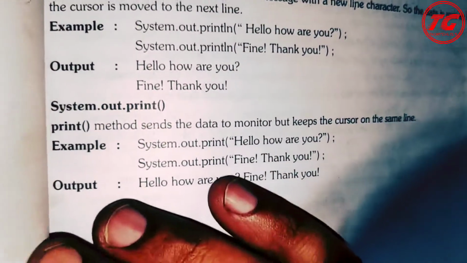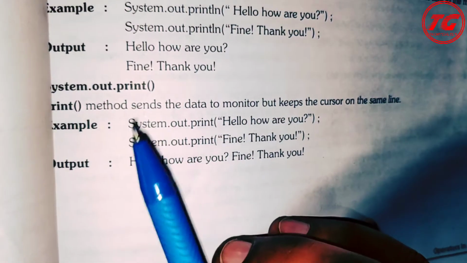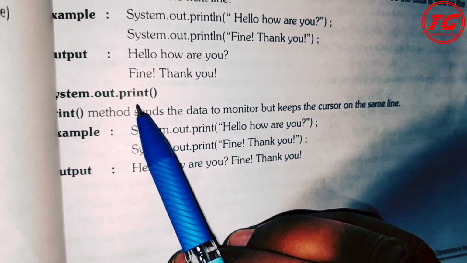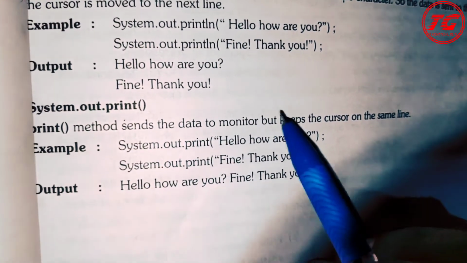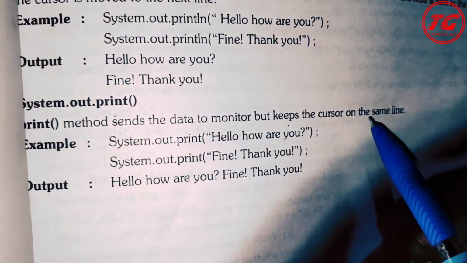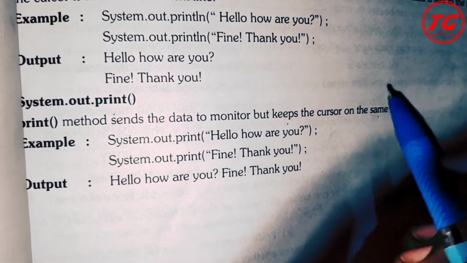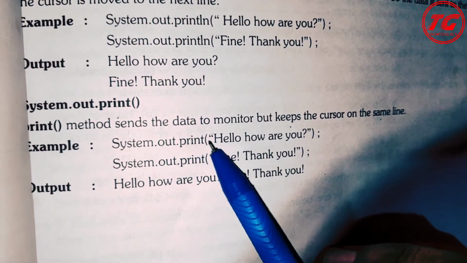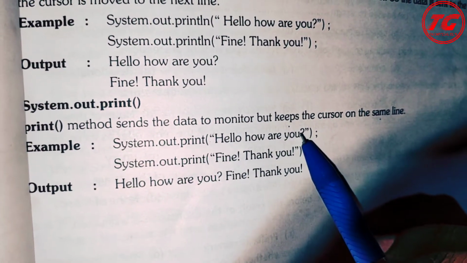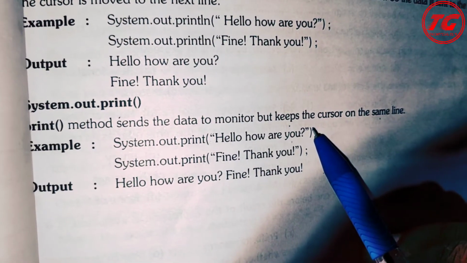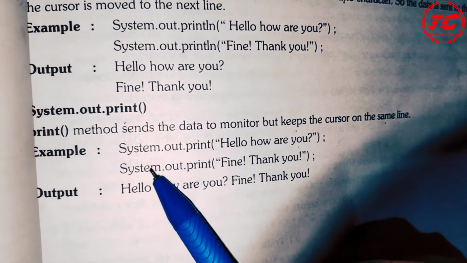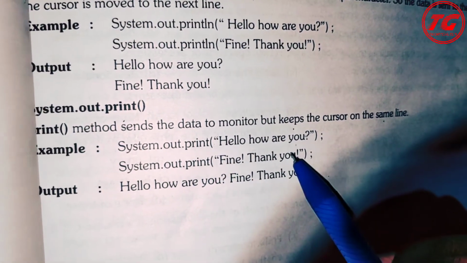Whereas if you are using simply the print method, it will not move the cursor to the next line, but it will keep the cursor in the same row or same line. For example, System.out.print hello how are you, it will print the message and the cursor will remain in the same line. System.out.println fine thank you.